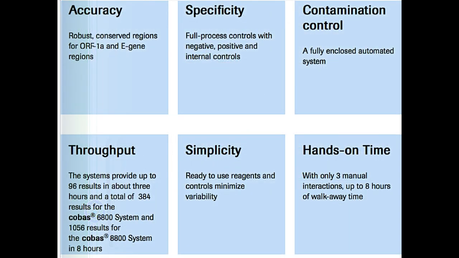The advantage is that it is highly accurate, it is specific for the SARS coronavirus 2, and it can process as many as 1056 samples in a cycle of 8 hours. So this is a more high throughput system. Fortunately, India also has these systems. So this is how we are performing RT-PCR diagnosis of SARS coronavirus 2. In our next lecture, we will see how the indirect approach of antibody detection is performed.